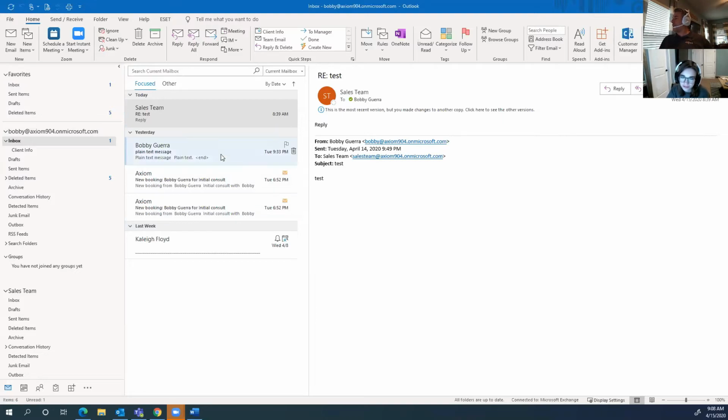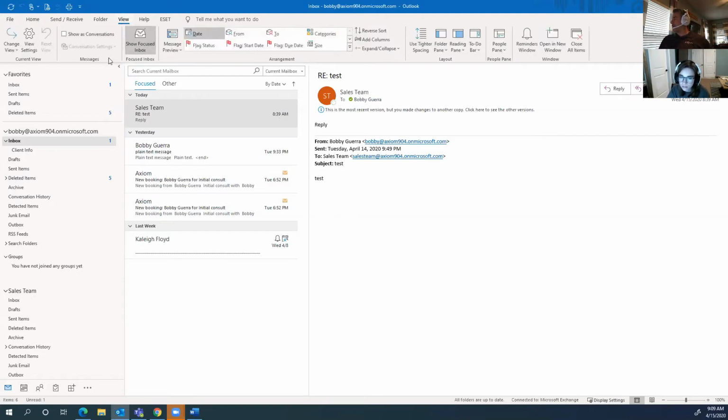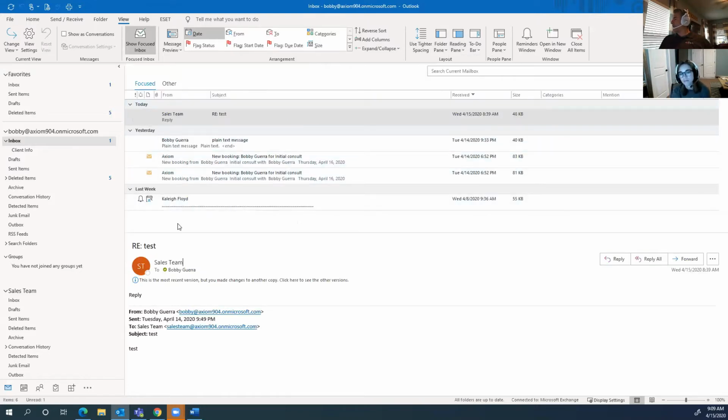Maybe you don't like the way that this view is. Maybe you don't like how this read pane is here. A lot of that can be found under this view section. And these things here, you can change how you want your view to be. You can change how you want your folder panes to be here. I'm not going to play with them that much here, but that's where you can change those things. So maybe you want your read pane over the top, right? So maybe you want it more like this. So if you do it that way, then now your list is here and your read pane is down here, and then you can change it.